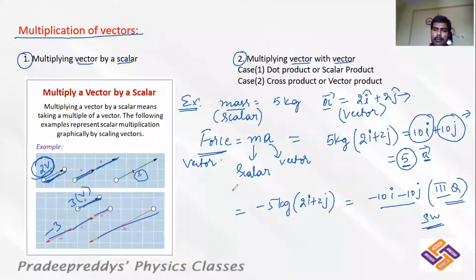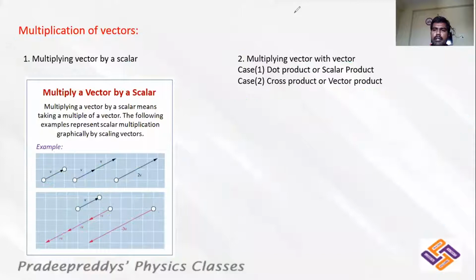So when you are multiplying a vector with a negative scalar, its magnitude as well as direction changes, but the direction will be exactly opposite to that of the first vector. Clear? So in general, when you are multiplying a vector with a positive scalar, its magnitude increases by that many times, but direction will be unchanged. When you are multiplying a vector with a negative scalar, its magnitude increases and direction will be opposite to that of the initial vector. This is how you can multiply a vector with a scalar quantity.